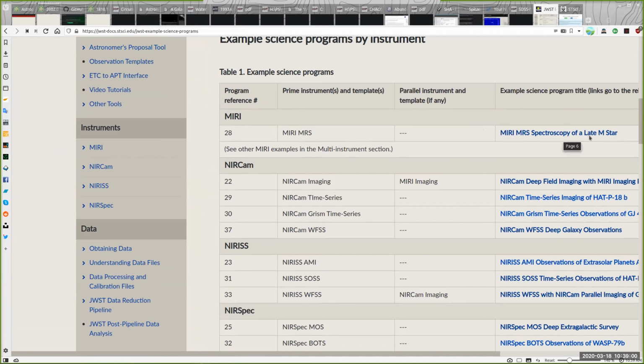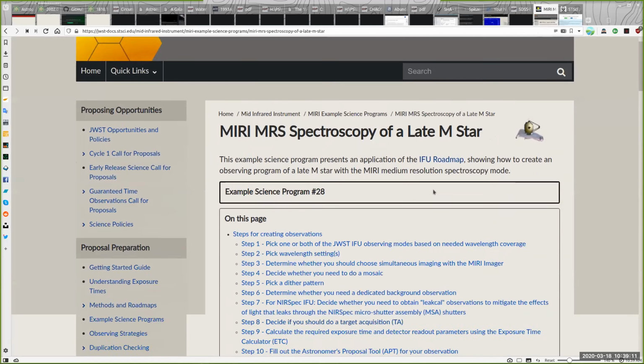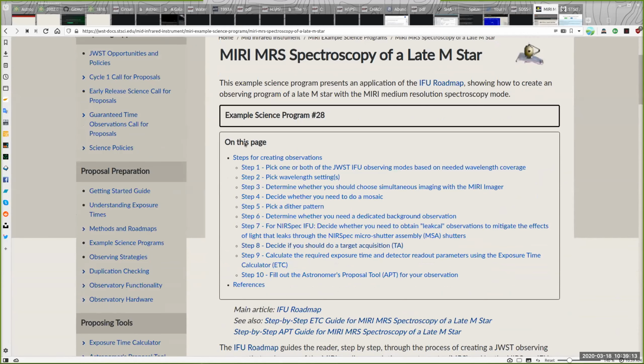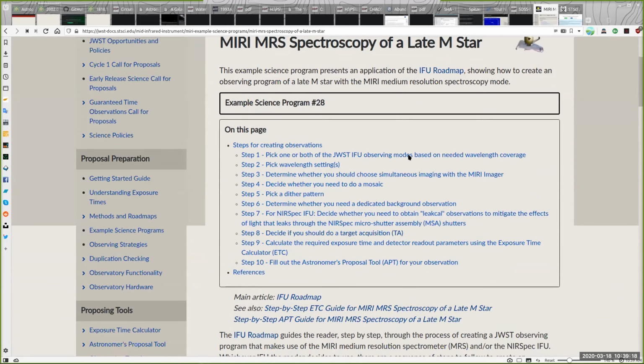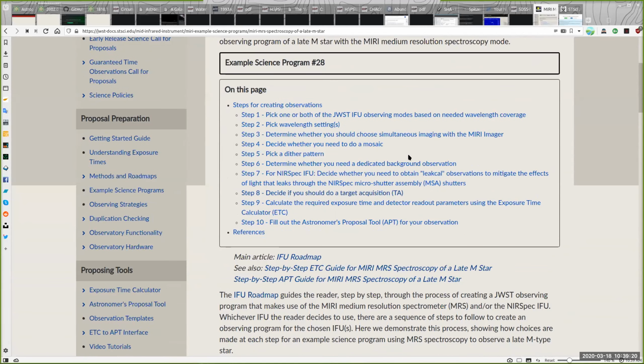There's an example for a late M-star. It might not be exactly the science case that I have in mind, but it's really useful to go through all the details in these proposals that are similar to ones that we're planning to do, because there are detailed steps,